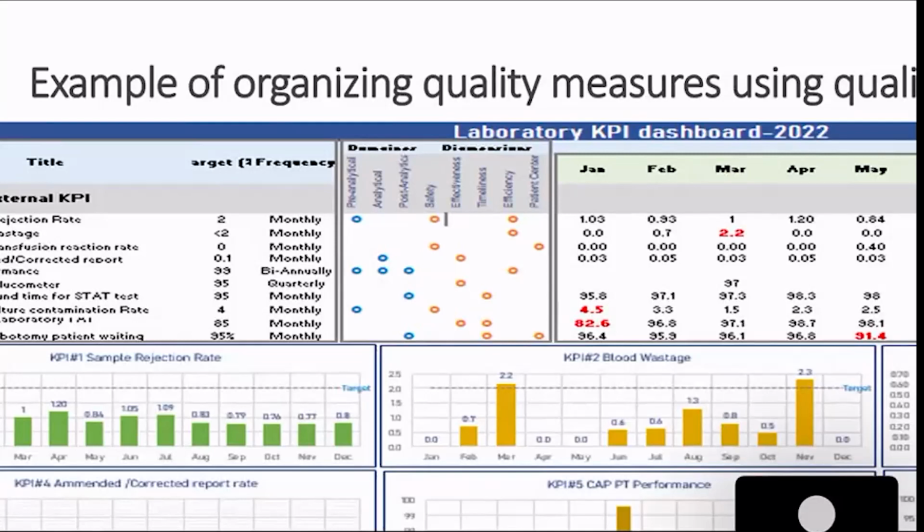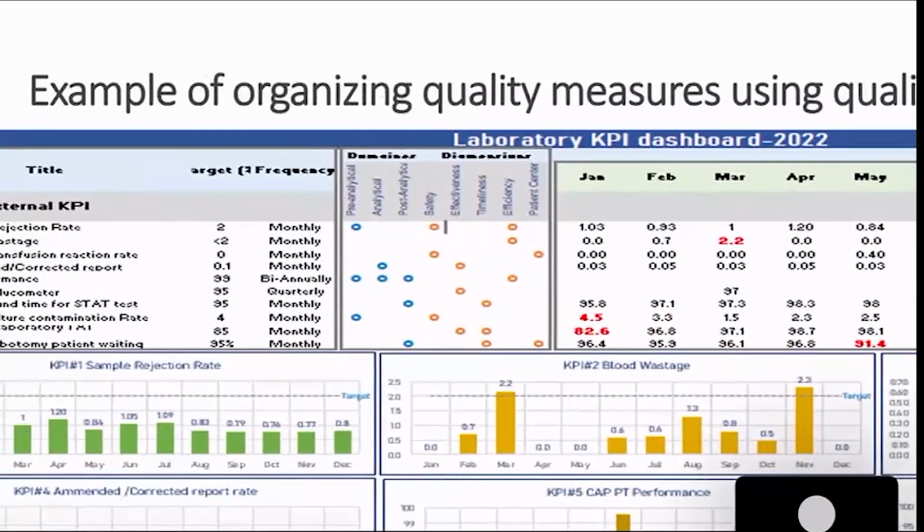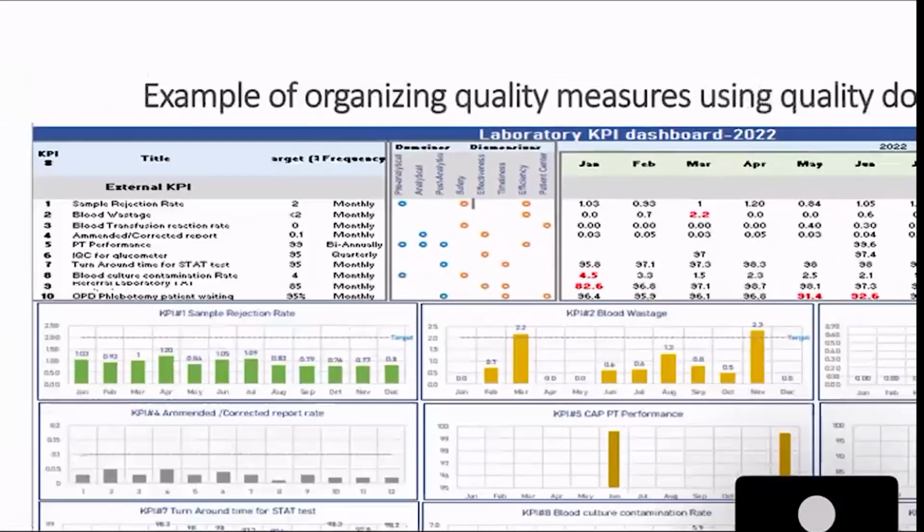For the domains in our laboratory standards, we have some accreditation standards. As per that, we need to choose the domains. We need to fulfill some pre-analytical KPIs, analytical and post-analytical. And it is also very important to choose the healthcare IOM KPIs as per the IOM 6 dimensions of quality: safety, effectiveness, timeliness, efficiency, and patient-centered. All these we categorize before the start of the KPI,